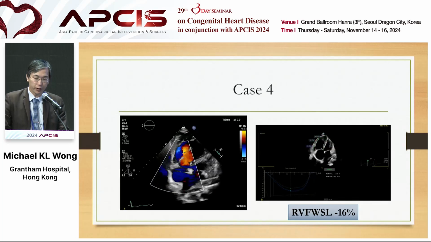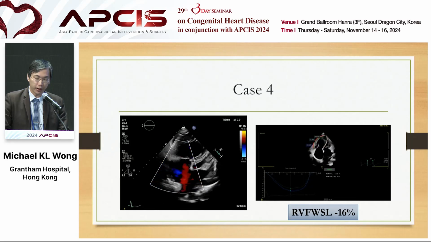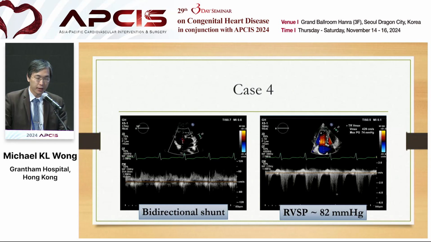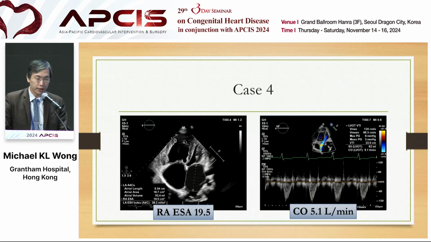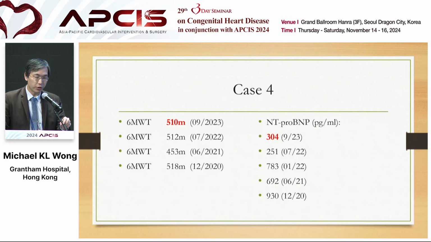On further functional assessment, the free wall longitudinal strain is relatively maintained at negative 16%. With bidirectional shunt, RVSP of course is very high. RVS prime is more than 10, TAPSE is more than 1.6. RA end-systolic area is still less than 20, and also preserved systemic cardiac output. So overall, functionally, the patient is also doing okay with 6-minute walk more than 500,